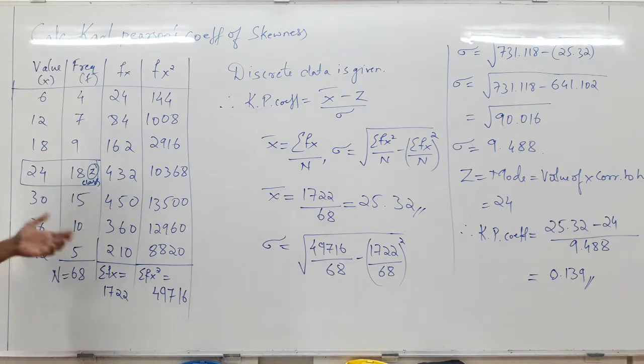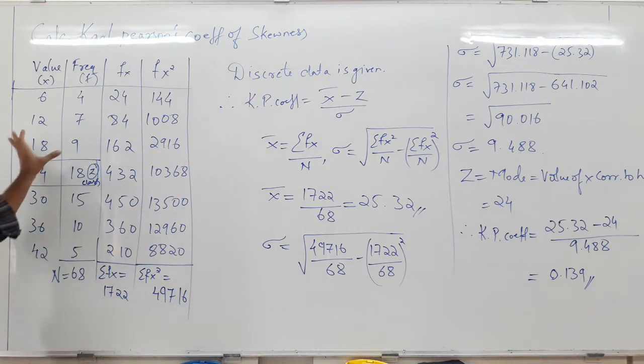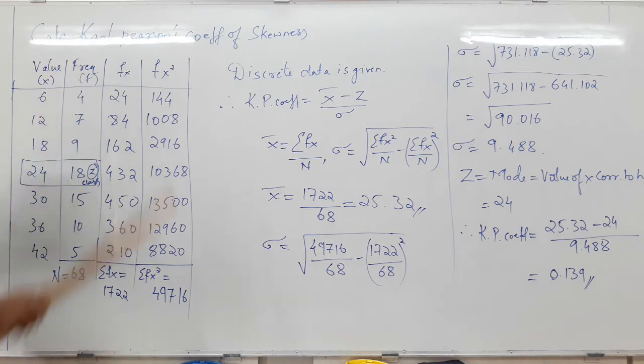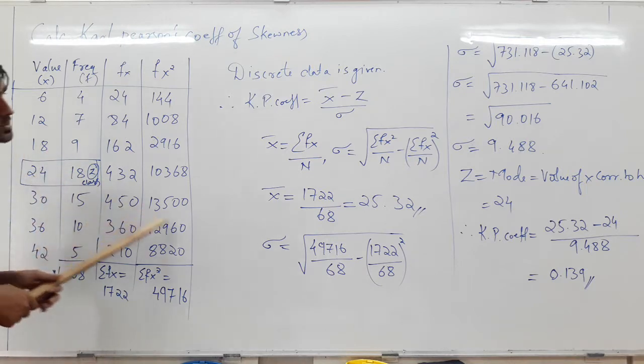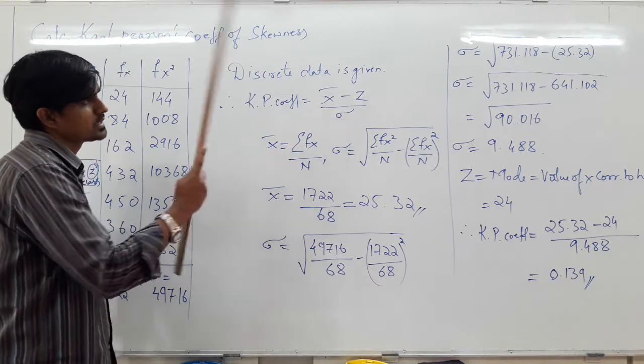What will be given? Same thing. X will be given, F is given. So I have written it. Discrete data is given, so this is discrete frequency, X column and F column. If you see here, because this is discrete and all frequency numbers are individual, single, unique, one of the numbers stands out. So we can calculate this by using the mode formula, x bar minus z divided by standard